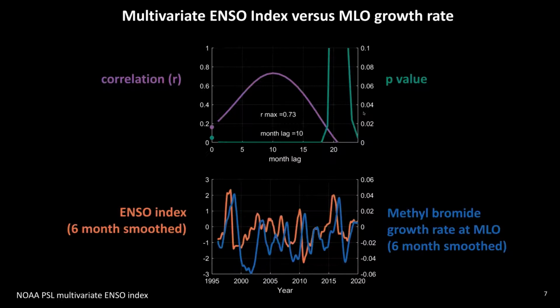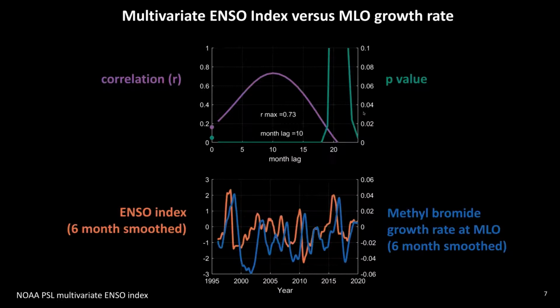And so what you can see is over our 25-year time period, there does appear to be some correlation with the ENSO index and our methyl bromide surface data. Now, it does appear that there could be some lag time between our ENSO and our methyl bromide, which would make sense given that when you have an ENSO event, it takes some time for the impacts of ENSO to propagate through our climate system.